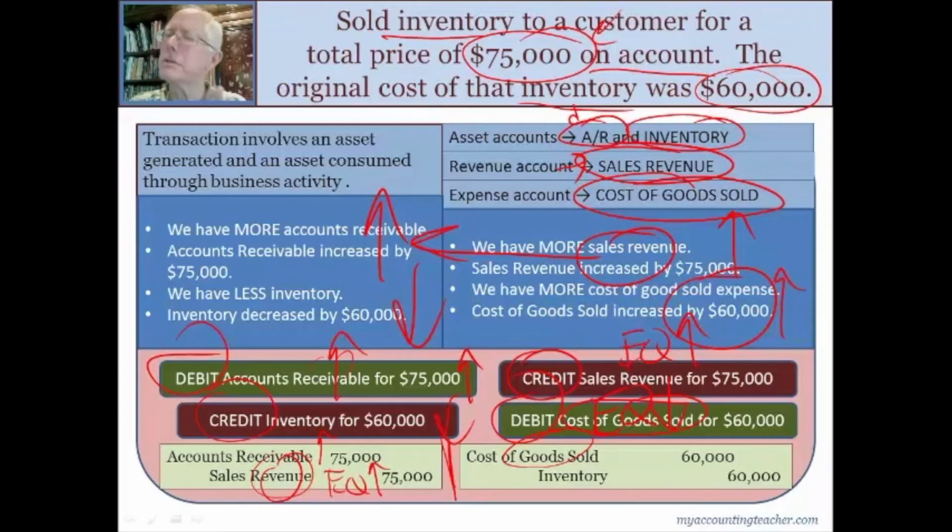Wait, are revenues sometimes credits? No, they're always credits. Inventory went down. That's easy. The asset went down. That's shown with a credit. Why did it go down? Because that inventory is now in our customer's truck driving away. So this debit to cost of goods sold, this expense represents the fact that my equity went down. We reduce equity with debits. More expenses mean less equity. When you go to sleep tonight, I want you to be saying to yourself over and over, more expenses means less equity. We do it with